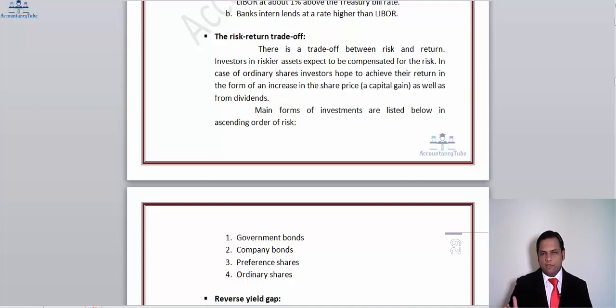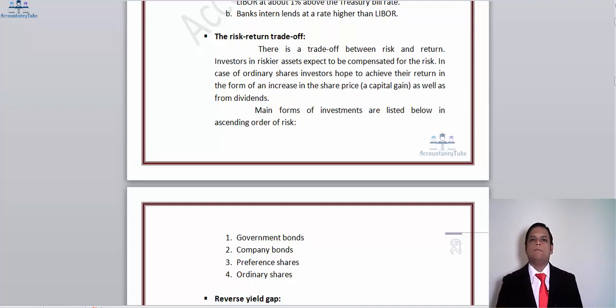The best way to understand this topic is from another perspective, and that is if a company goes into liquidation, the corporate bondholders will be the first in line to get their payments, that is the principal and the interest. Then the preference shareholders will get their payments, and if there is something left, it will be distributed among the ordinary shareholders to compensate them for the investments they have lost.